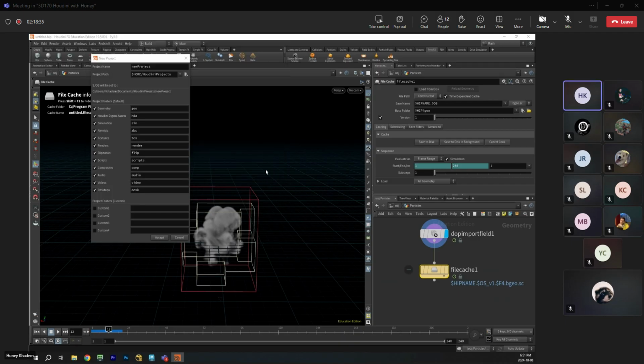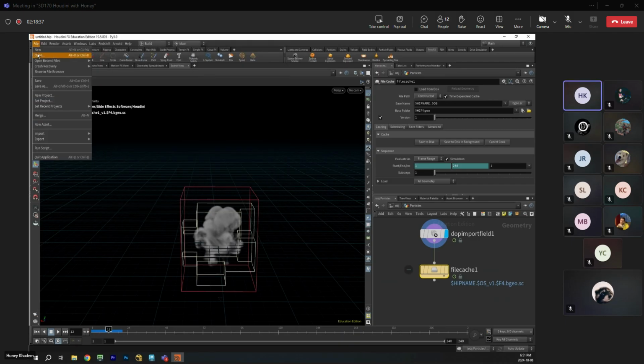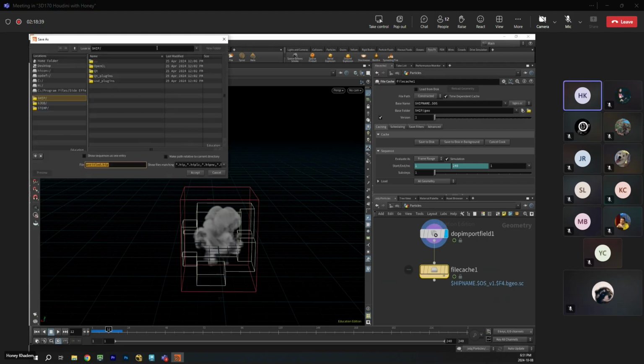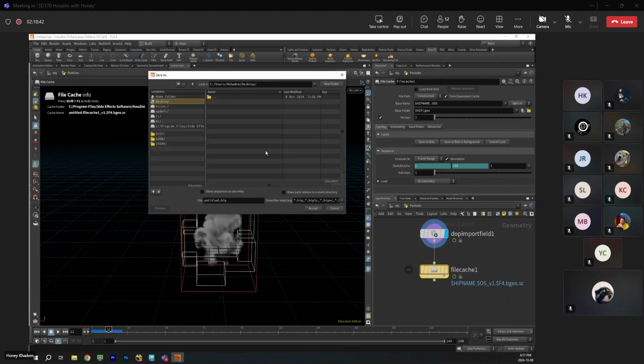Okay, let me save it on desktop. Never mind. I'm just going to save the file on desktop. I mean, you shouldn't do it. You should have a proper project. I'm just going to name it advect particle.